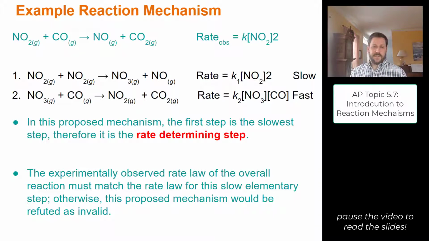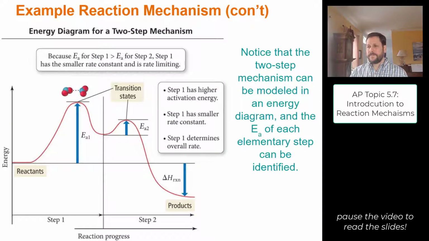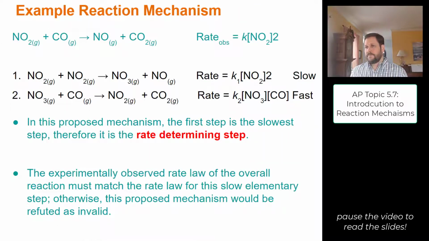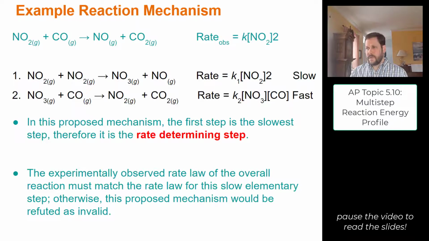If we did an experiment to measure the observed rate law and we found that it did not in fact match this form, then we would reject that as an invalid hypothesis. Alternatively, we might be given the observed experimental rate law and a proposed mechanism and be asked to evaluate which step would be the slow rate determining step, step 1 or step 2. We'll look at examples like that a little bit later. Before we move on,